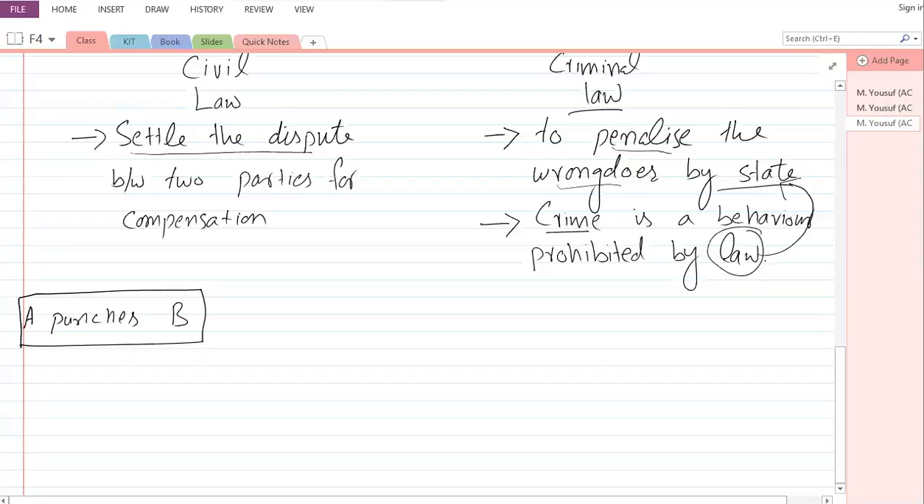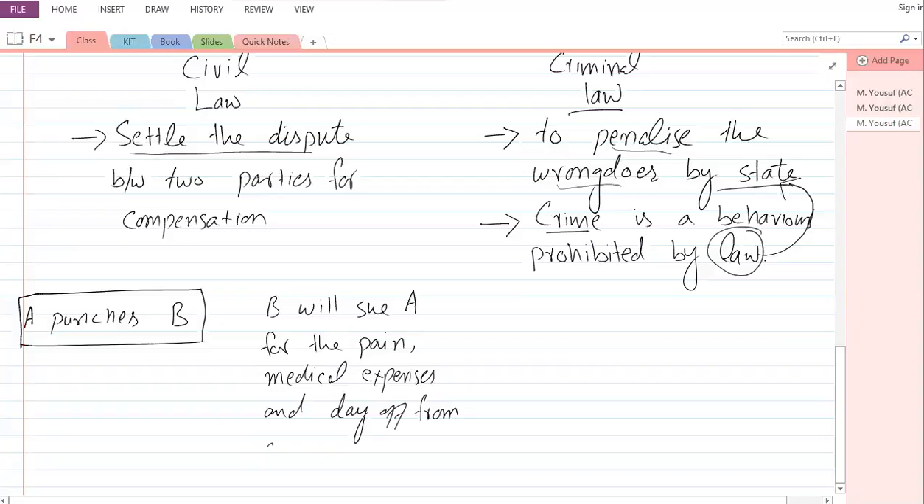So what will happen in civil law? In civil law, basically, what will B do? B will sue A for the pain, medical expenses, and day off